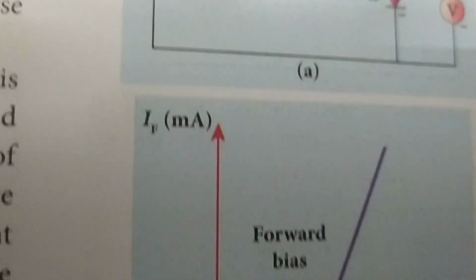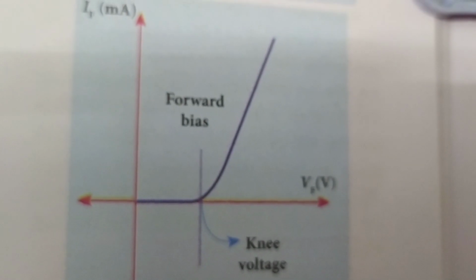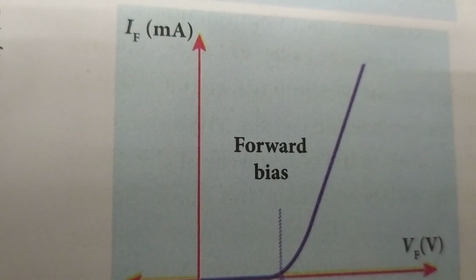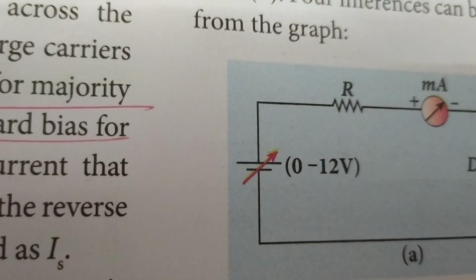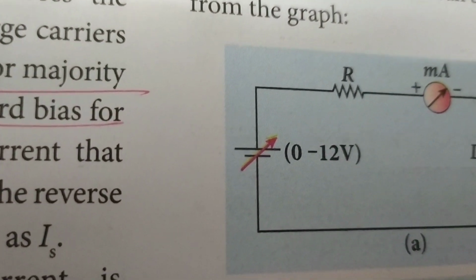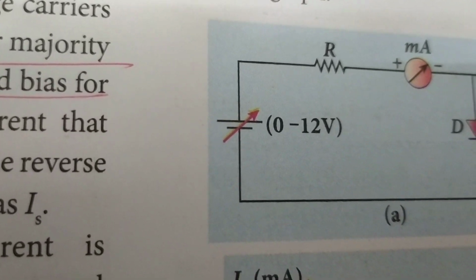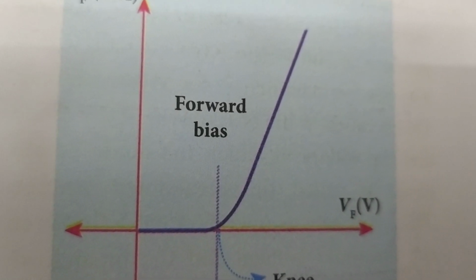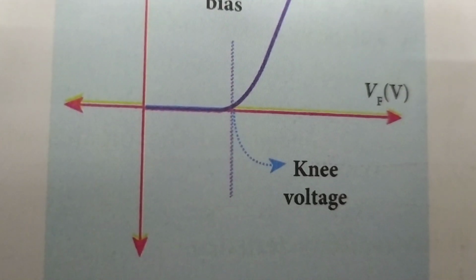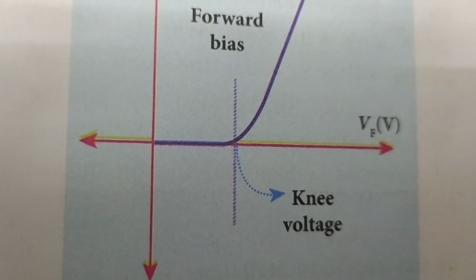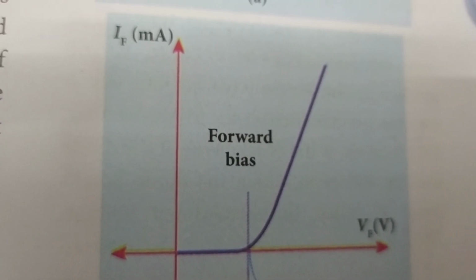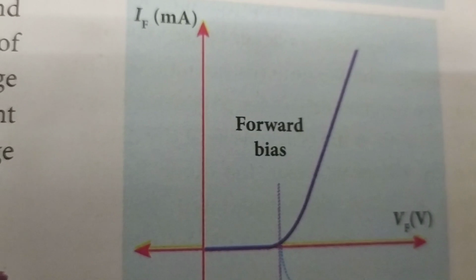So you are increasing the voltage step by step. For this you have to draw a graph, and here voltage is along the x axis and current along the y axis. And so slowly increase this voltage supply. This is a variable power supply. So you can increase the voltage from 0 to 12 volts, and you see what happens to the current. So the forward bias characteristic is shown in the diagram, and initially the values are 0. And after a certain voltage called knee voltage, there will be a sharp increase in the current. So the barrier is now reduced, and so there is an increase in the current.